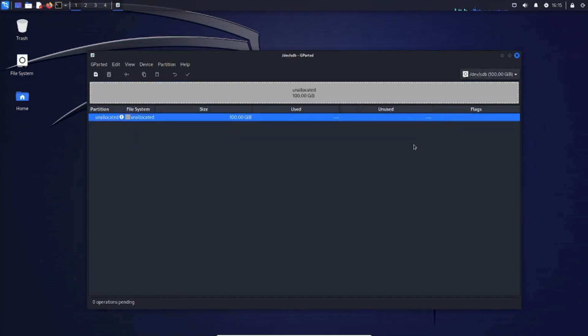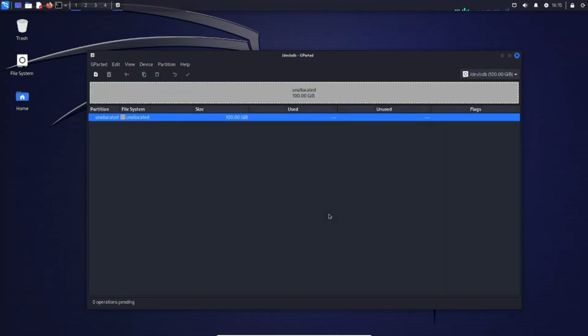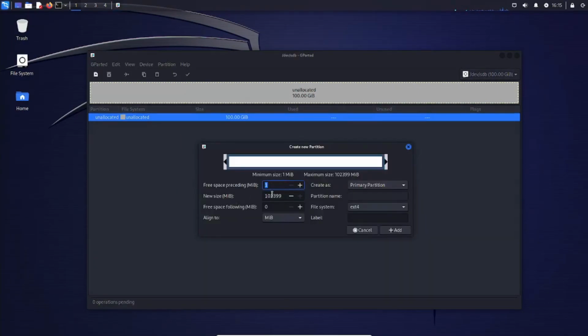Alright, so we want SDB. As you can see, it's unallocated. And this is what we're going to be formatting. So first, we need to click create a partition table. Yes. Okay. Now we'll click new, and we'll just go through, make sure all the megabytes are selected here, so